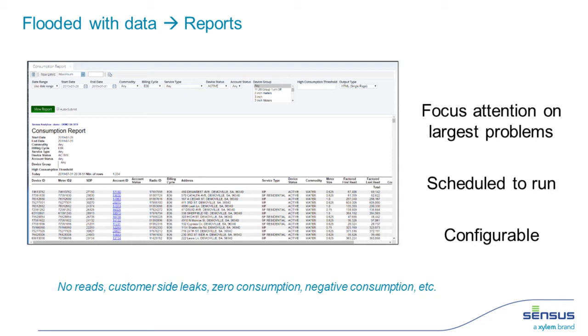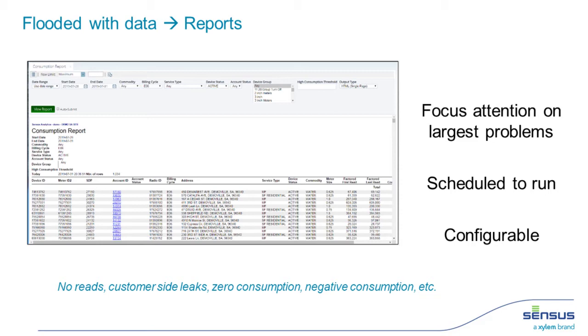With this customer-side leak alarm, being focused on the customers that are having these leaks and alerting them sooner, they can actually change their policy, saying, hey, look, you've got a leak. We let you know within 2 days. If you don't fix it within a few more days or a week, or whatever the policy states, we can't forgive that debt. That's on you. And so that ends up saving the utility money as well.